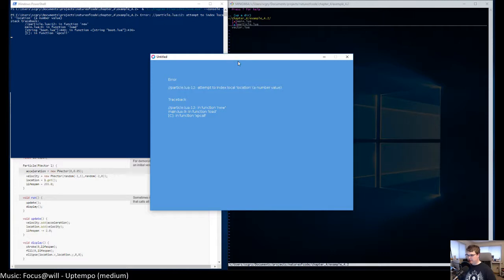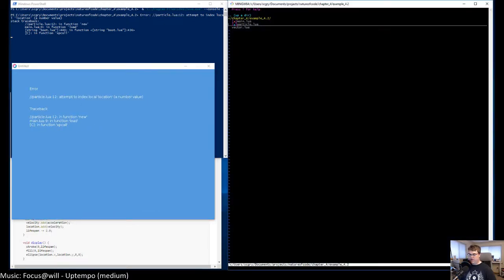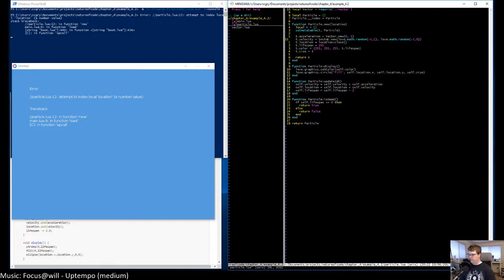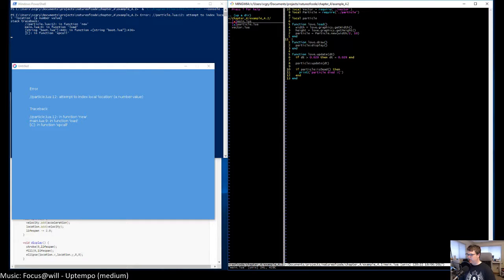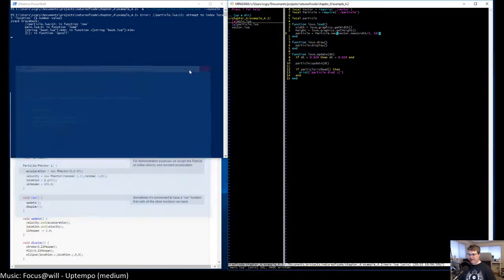Attempt to index local location on number value. Okay. Particle line 12. Oh, wait a second. Main. Right, because I just say this here, what I really need to say is vector.new and actually pass it the location vector.